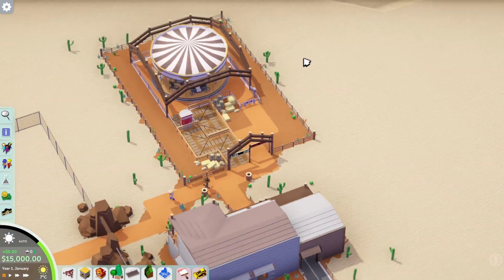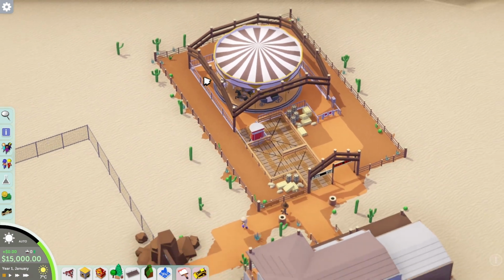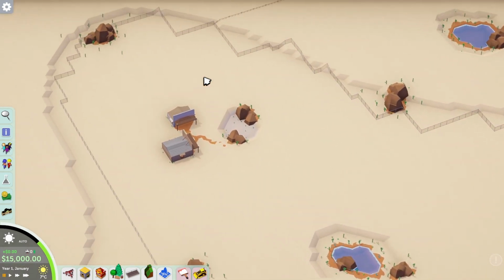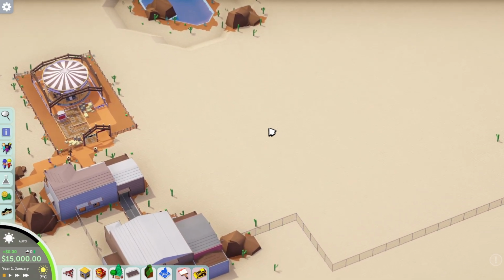So we've got this carousel, which actually is really nicely themed here for this area. And we sort of got our color scheme going on there of browns. You know what? I want to put a...